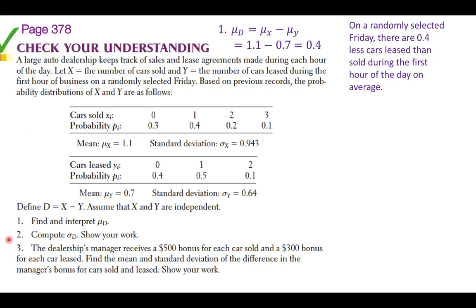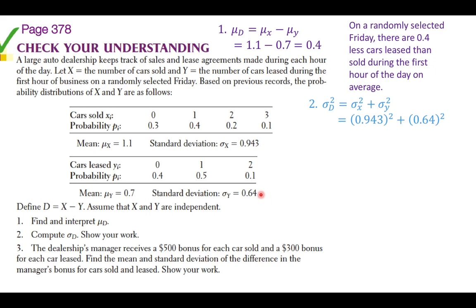Okay, now we're going to do number 2, compute the standard deviation. To do the standard deviation, you have to add the variances. This is our formula, we want to do the variance of the difference between the two. We're actually going to add, even though it's a difference, you always add the variances. So you take the variance of X and you add the variance of Y. Variance is just standard deviation squared. So we take the standard deviation for X and square it. That comes from here. And we take the standard deviation of Y,